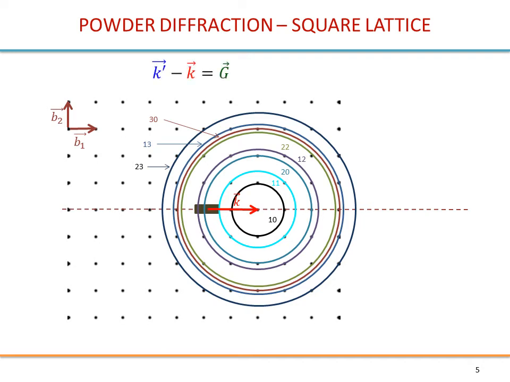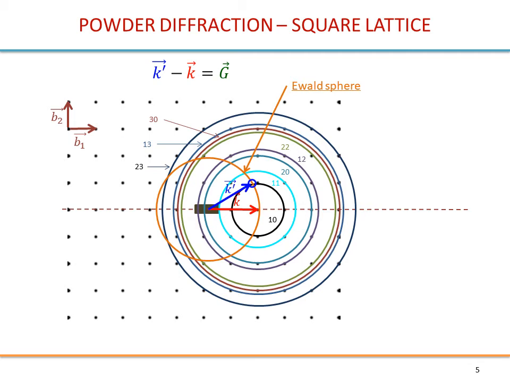set of them. Alright, so remember the Laue condition. So do we have diffraction peaks this time? Okay, let's draw the Ewald sphere. So remember, to have interference we need to have intersection of the reciprocal lattice with this sphere, and we do have this time intersection points. So looking at the smallest circle here, we have intersection at this point for the 1, 0 direction. Okay, so in fact K prime will be here.